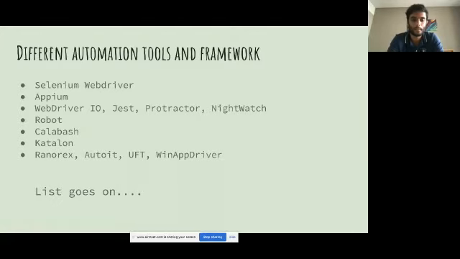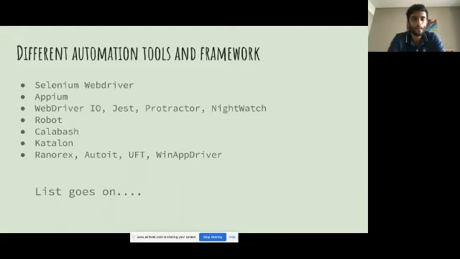Of course, the first one is Selenium WebDriver. I think this is probably undoubtedly the legend for all your web applications, a go-to tool for all your web automation. It's an open source tool, it has a lot of support in the community, and it's a pretty mature tool. I'm sure you can't go wrong with Selenium WebDriver. So there's always a solution for it.